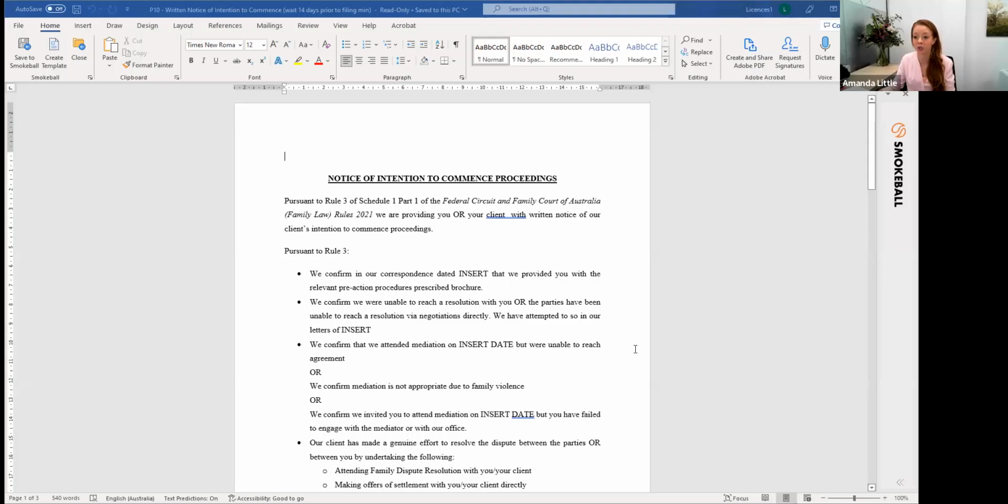So other things people have been interested in and have asked me to share include things such as the written notice of intention to commence proceedings. So the CPD is pretty clear on what's required for that, as are the rules. So the notice of intention to commence proceedings states the rule in which it's made,